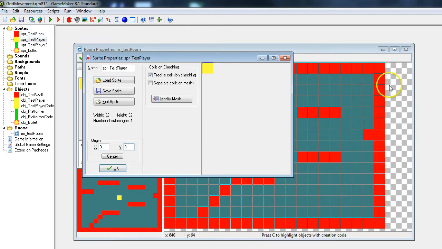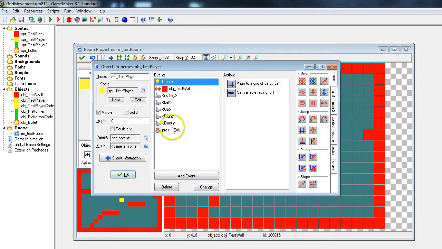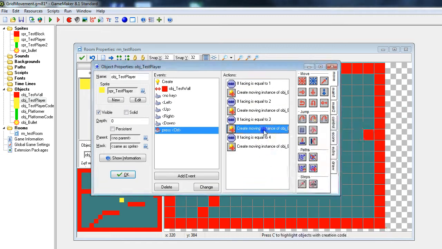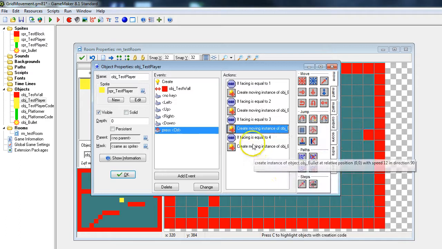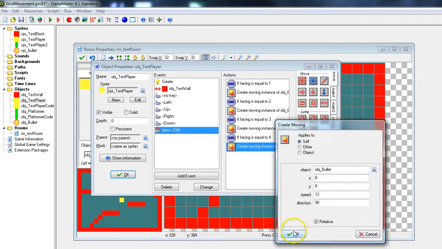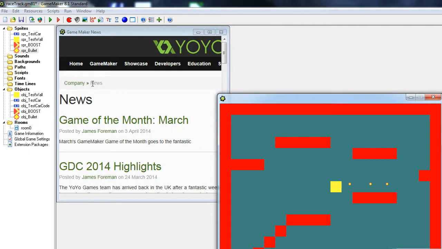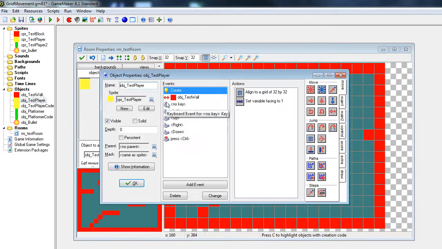Or the other option is to change all of these to snapping on the center as well. So I'll change that back to there, and with the test player, whenever it creates it, I'm just going to make it 8, 8 instead. So that's going to move it to the center. Because the shape is 32 by 32, it might actually need to be 16 by 16 instead, but we'll just check and see if 8, 8 works. Okay, so it does need to be 16 by 16, but you can see it's not firing from the top left corner anymore. It's firing from just a little bit down. So if I change it to 16 by 16,